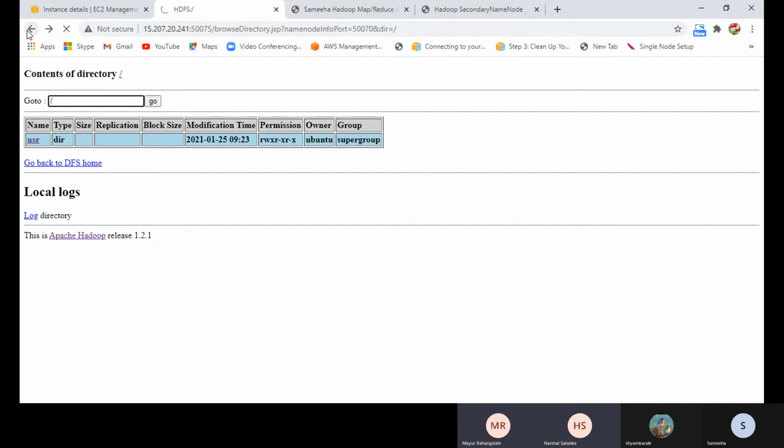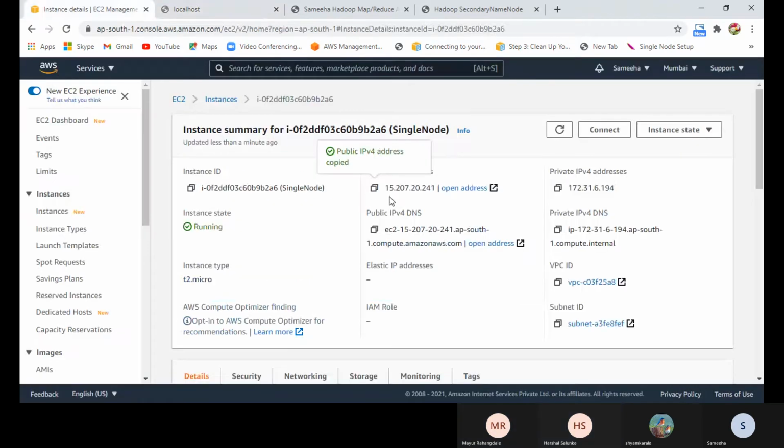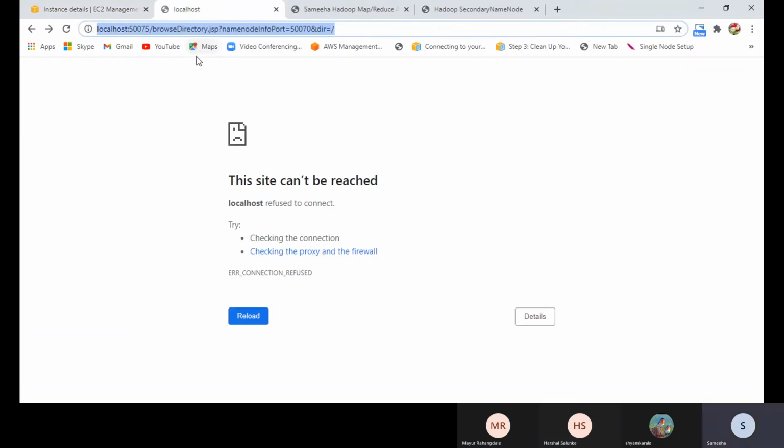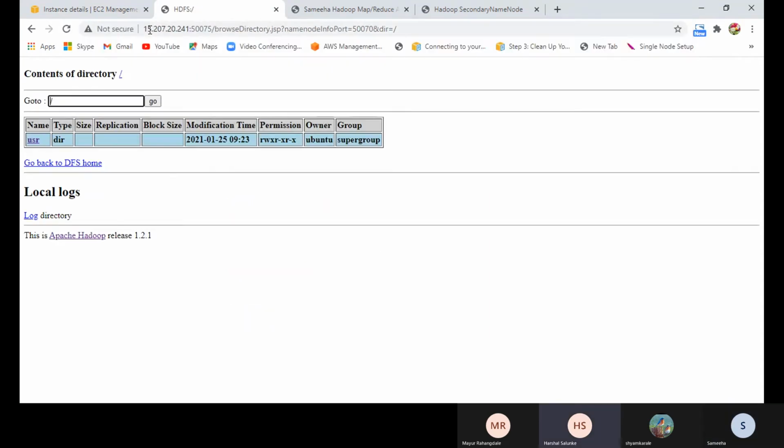Go back to DFS home. Paste the IP. Instead of local, change the host, change the IP. Enter.